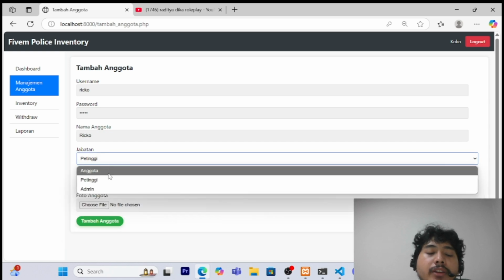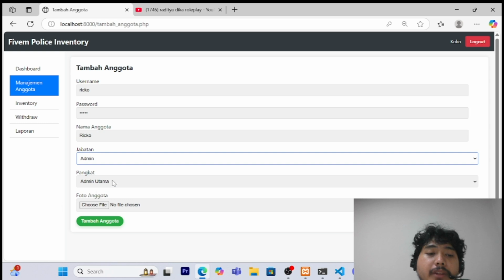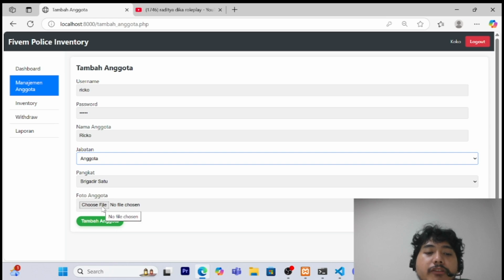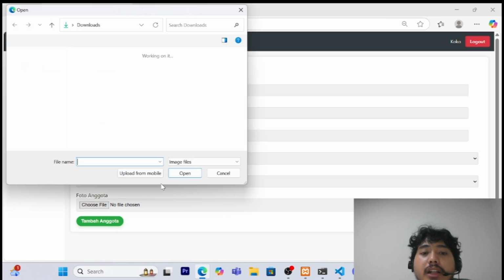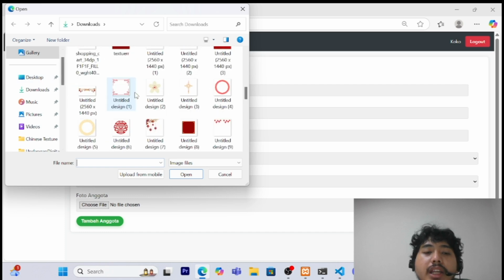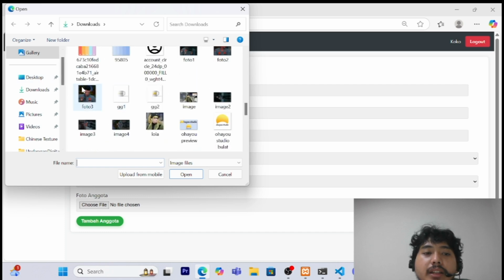And if we choose admin, it will show admin utama and admin sekunder. We will make Rico an anggota only. And then if we have their picture, we can add it here. An in-game character picture like this.